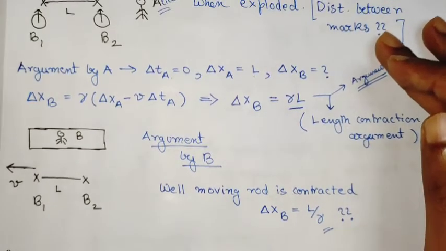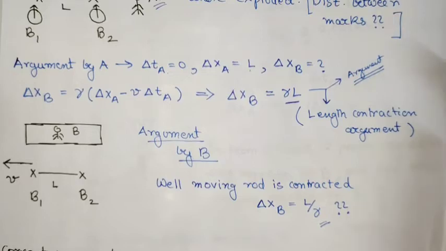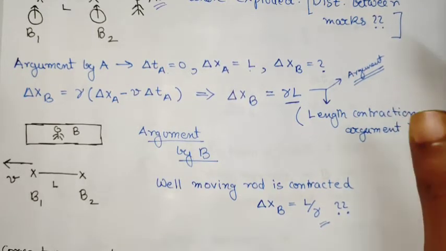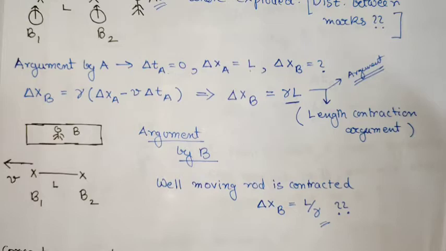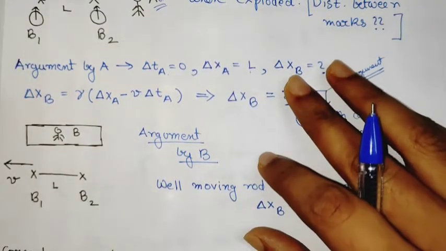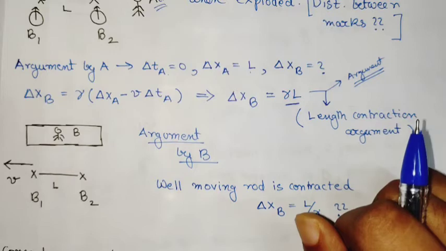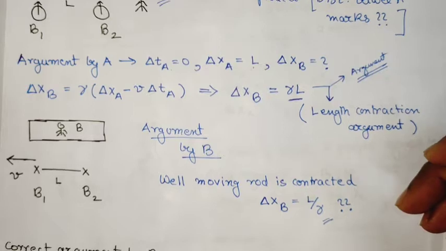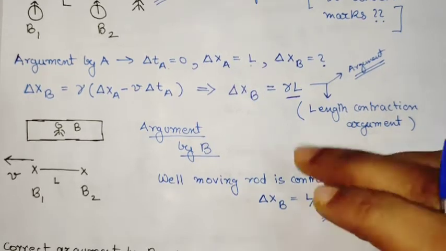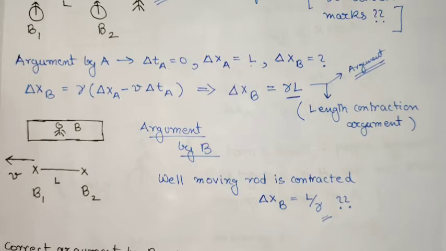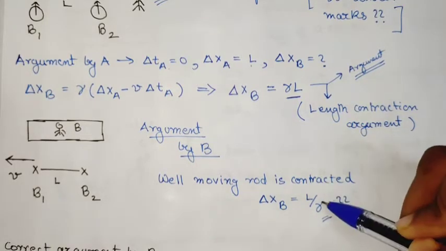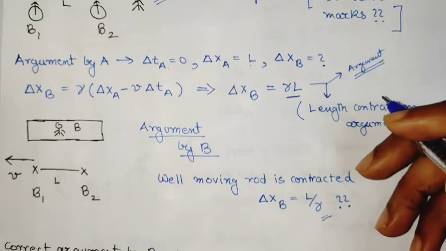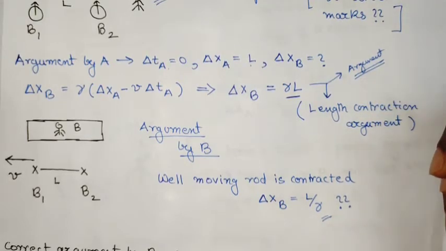Now you see, here we have a contradiction or a paradox. Essentially the point is that the marks that the bombs leave on the train can be verified, because the train can be made to stop and the marks can be verified where the two bombs blasted on the train, and the answer cannot be both of them. So one of the answers is correct and one is wrong. And the point is that the argument made by Bob is incorrect.